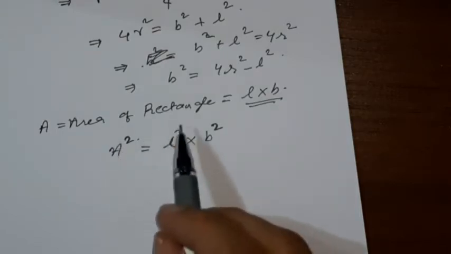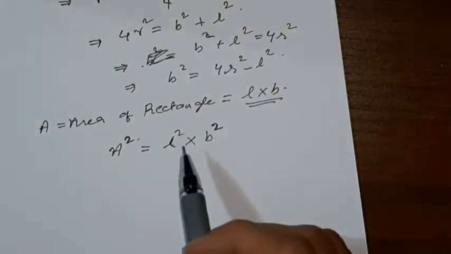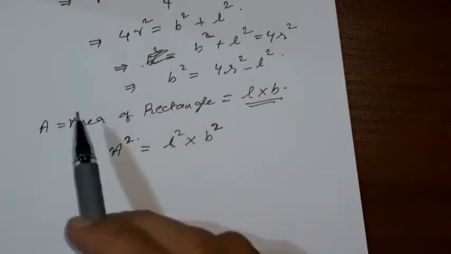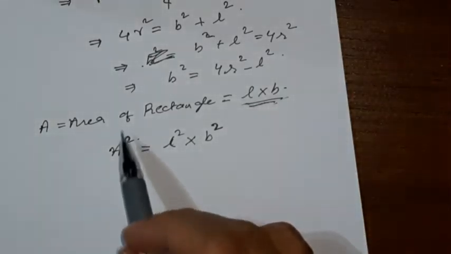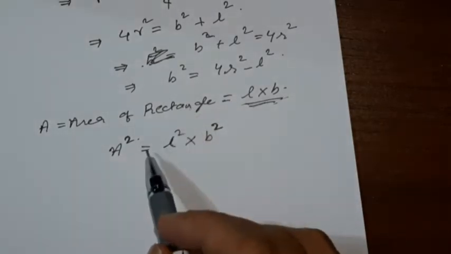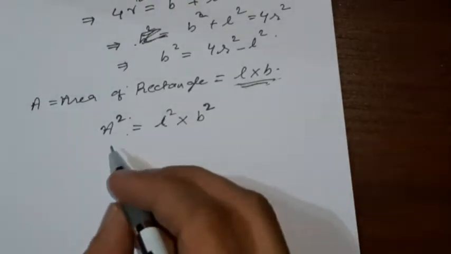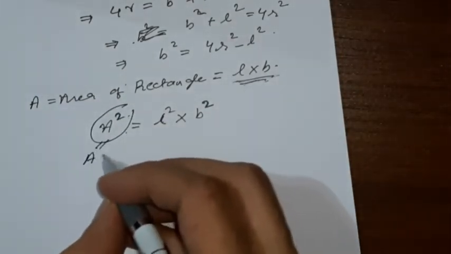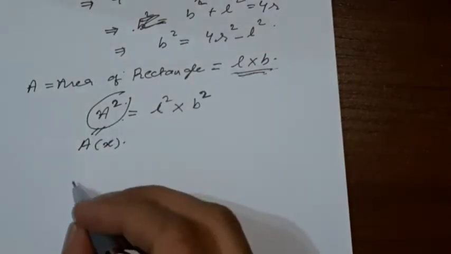Because if you take the root on both sides, you will get back the area function, but you know that there is plus or minus root. But minus you don't take, because area is never negative. Area is never negative, so even if you take the root, you have to take the positive root. So the maximum of this function will give you the maximum of this function. So this function we have to take. So now I am calling this A² as A(x).